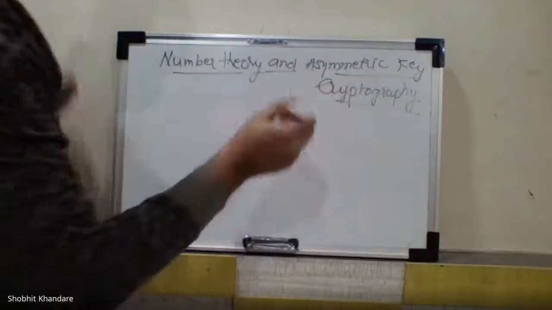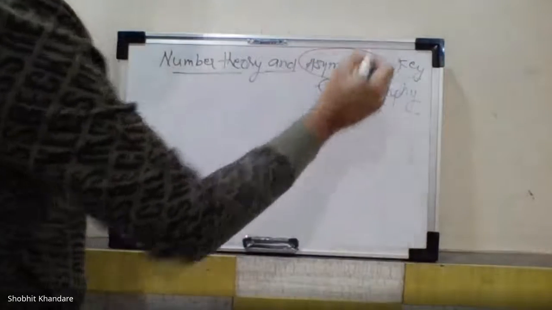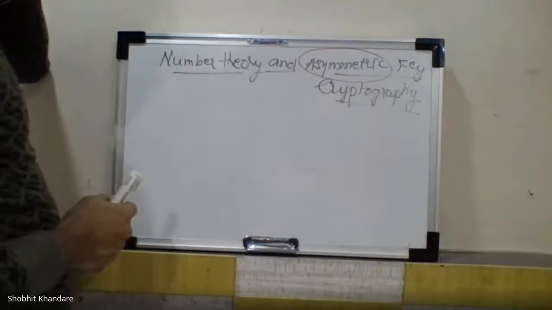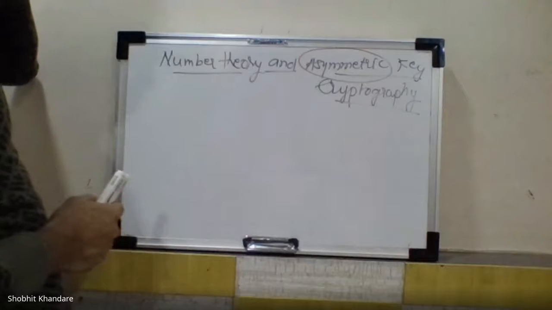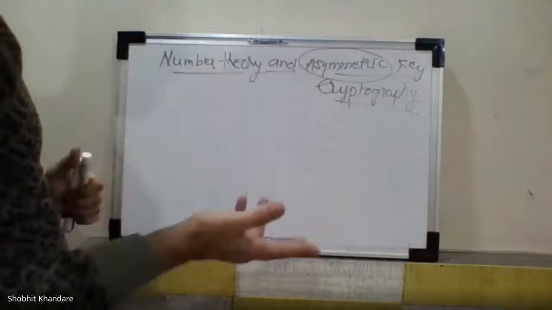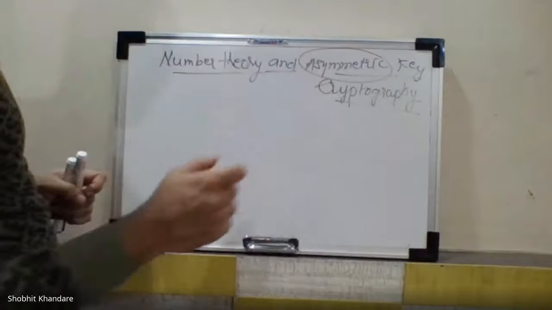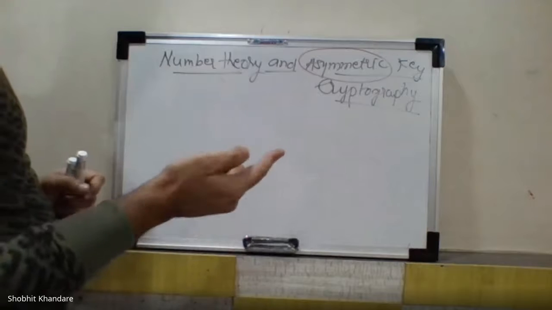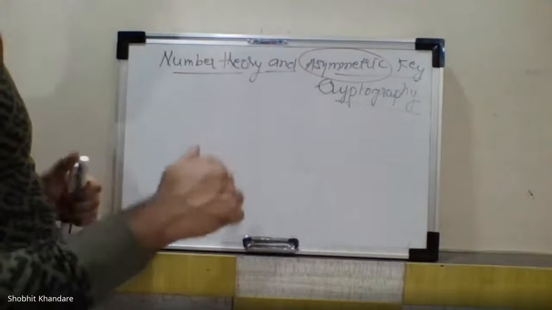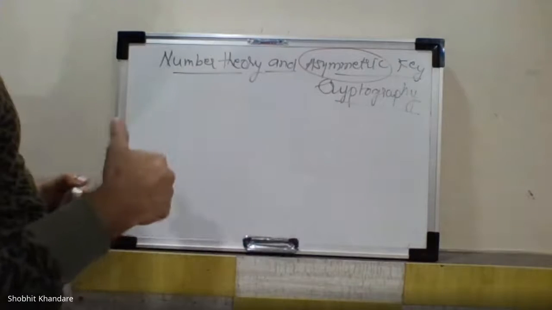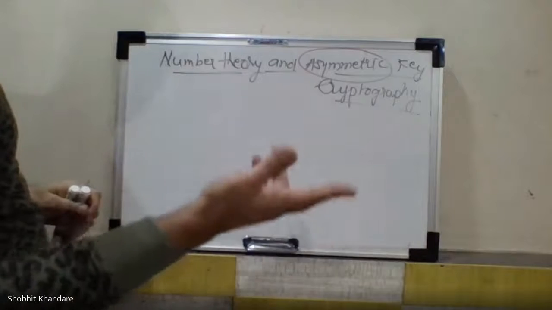So we need to focus on this particular term, that is asymmetric key. I have already told you, we have encryption methods that can be symmetrical or asymmetrical. In the symmetrical one, we have seen only one key is used at the encryption side as well as at the decryption side. It is also called a single key encryption method. In asymmetrical, we are using two different keys. One is called a private key, and the other is called a public key. If I'm using the private key at the encryption side, I have to use the public key at the decryption side.